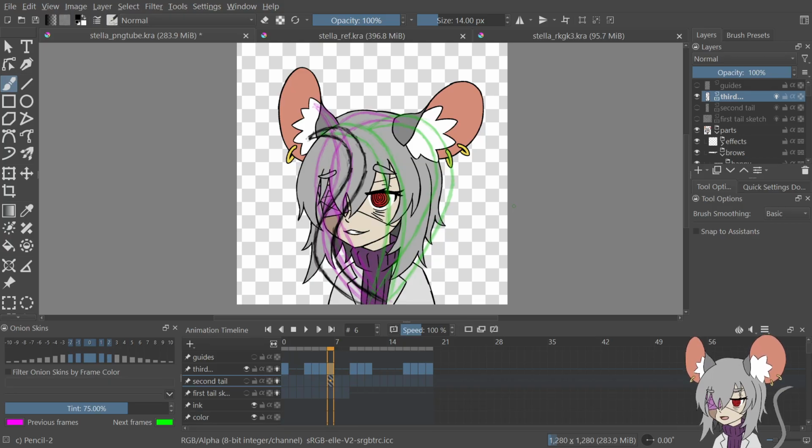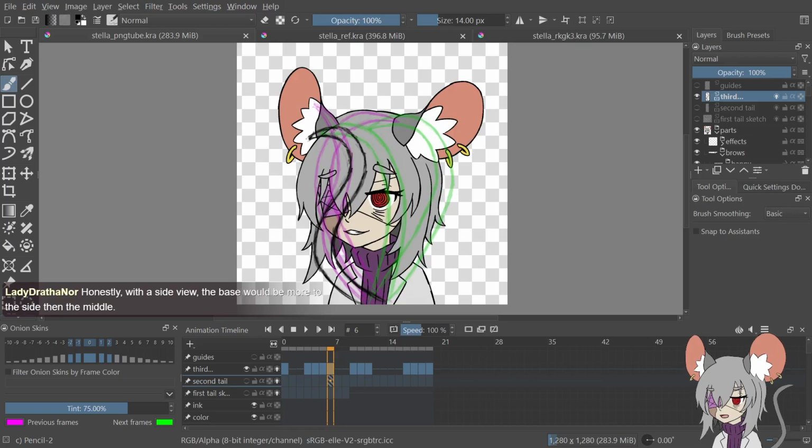I might need to just check out that other PNG tube app and see how it handles stuff, because, I mean, yeah, true. It's not really gonna be centered, because if you look at my other arts here, the tail is coming from the side, right? But